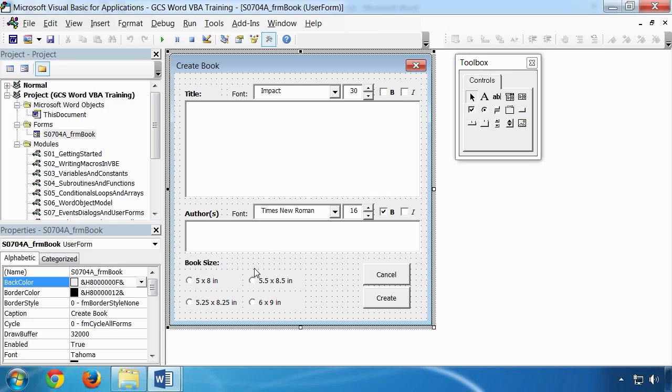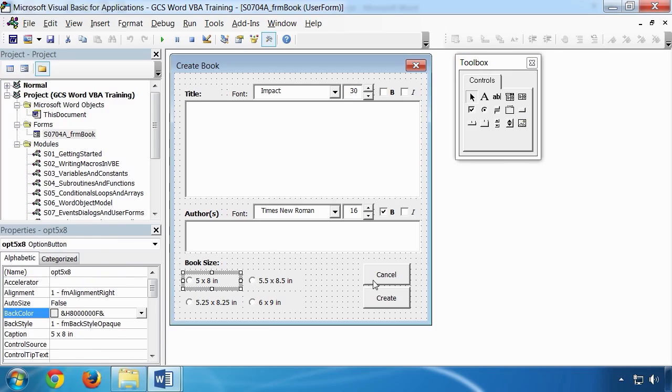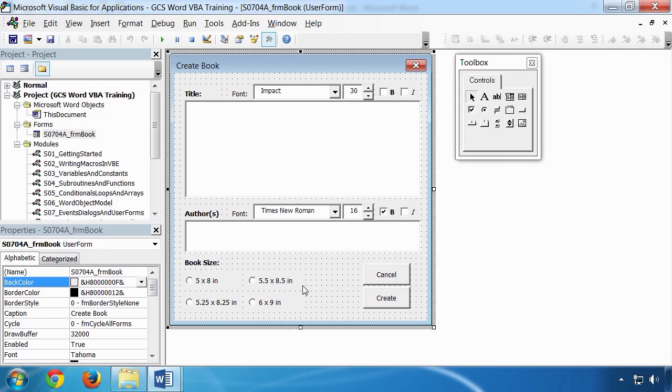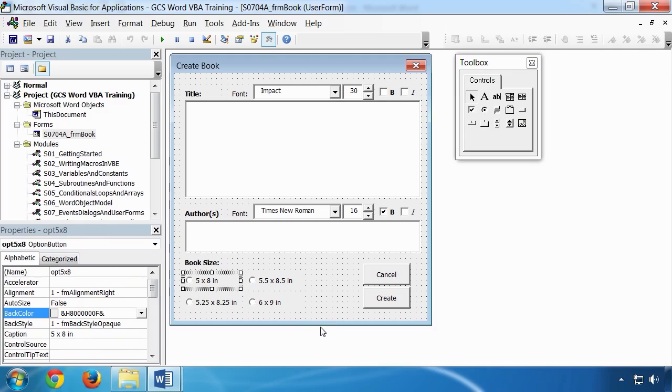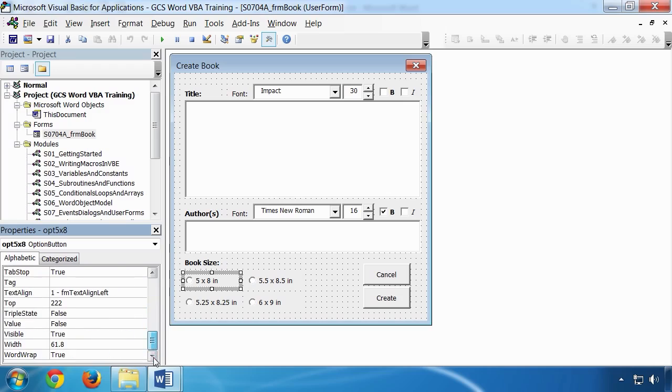Okay, the final thing we'll need to do is to set up these fellas. And when you're working with radio buttons, or option buttons as they're called in VBA, two things to bear in mind. First, do you want to set a default value? So let's say in our case we want 5 by 8 to be the default. So we'll just switch on value true, and that selects the radio button, and they can obviously leave it as the default or change it to one